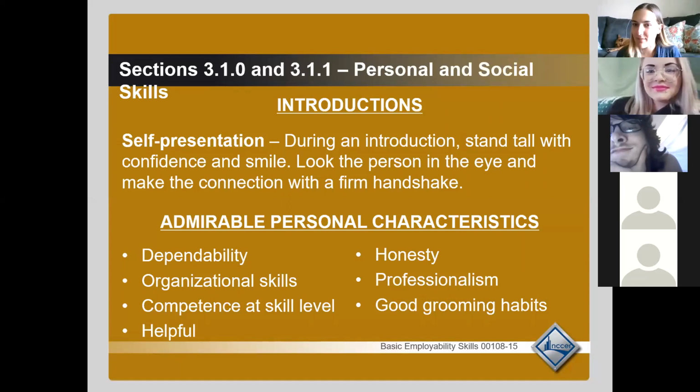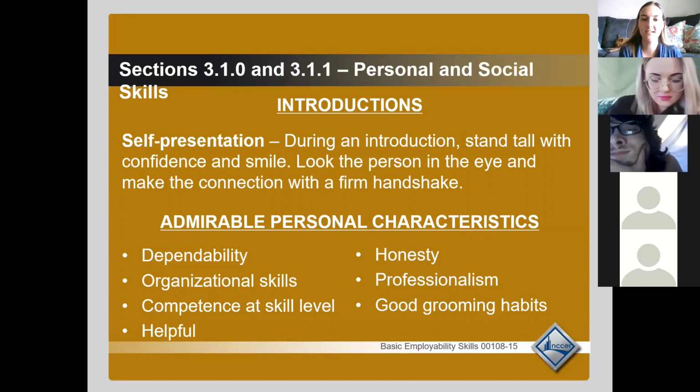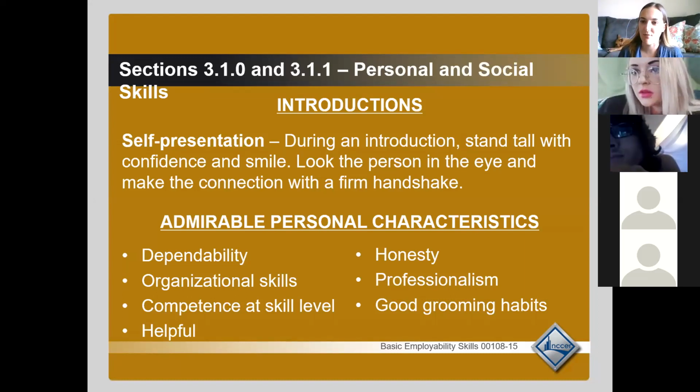Looking people in the eye, making good eye contact, making a nice firm handshake. Handshakes might not be a thing for a while. I've heard handshakes might be eradicated for a while as we're trying to get over the pandemic. So I wouldn't argue to go into an interview next week and try to shake someone's hand. They might reject it. But in general, giving a nice firm handshake, shoulders back, can show good confidence that you're ready for that interview. You're ready to go.